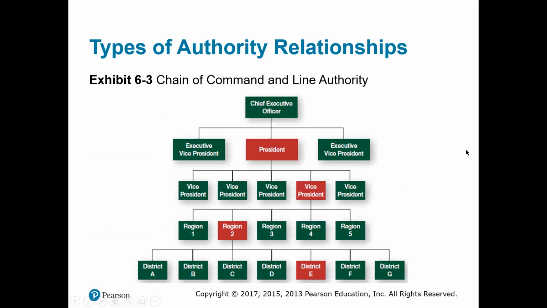Okay. Types of authority relationships. Now, I explained very briefly what authority is. It's the position that you're vested with, and that gives you the power to take decisions. So, how are authority relationships defined in an organizational context? This is a typical organization structure. You have the lowest level here, district heads, regional heads, vice presidents. You have two executive vice presidents, and you have the president here, who's all reporting back to the chief executive